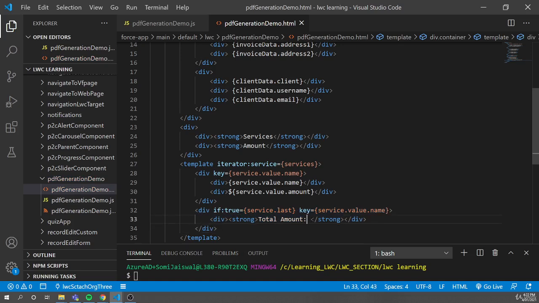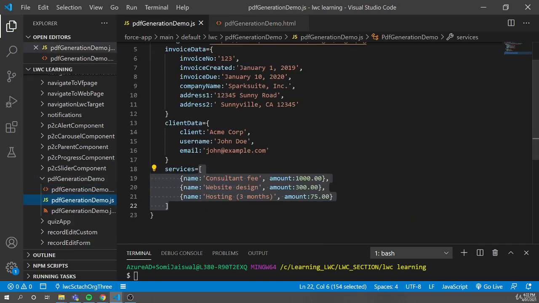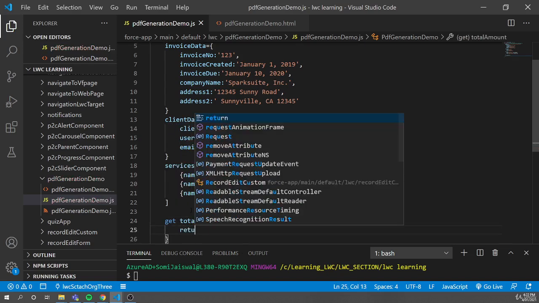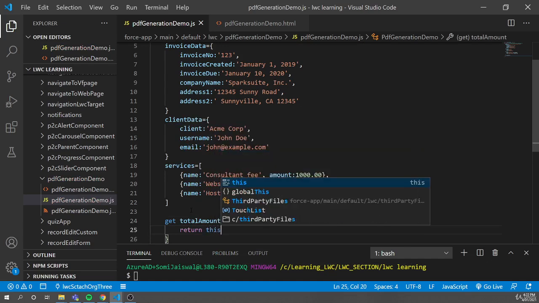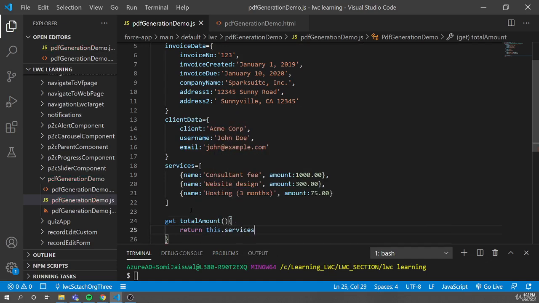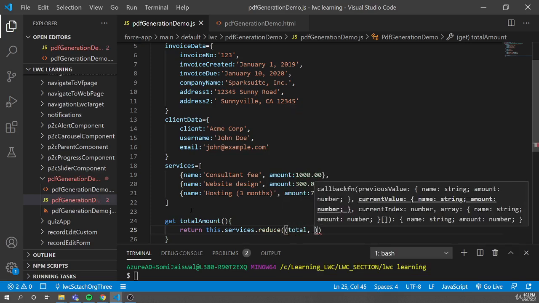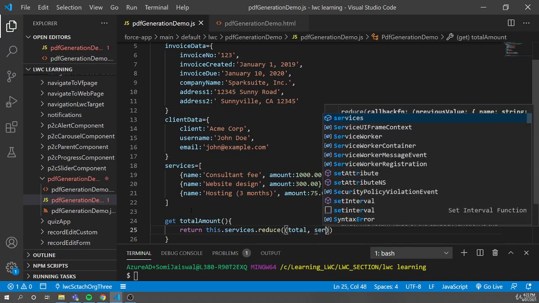And now we have to generate the total amount. For that we're going to write a getter. I'm going to create a total amount getter in the JS, and let's create getter total amount. To get the total amount from an array of objects, the easiest option is to use the reduce method. So we are running the loop on the services, and we're calling the reduce. Reduce will take the first argument as total, the second as each object, so you can call it service,